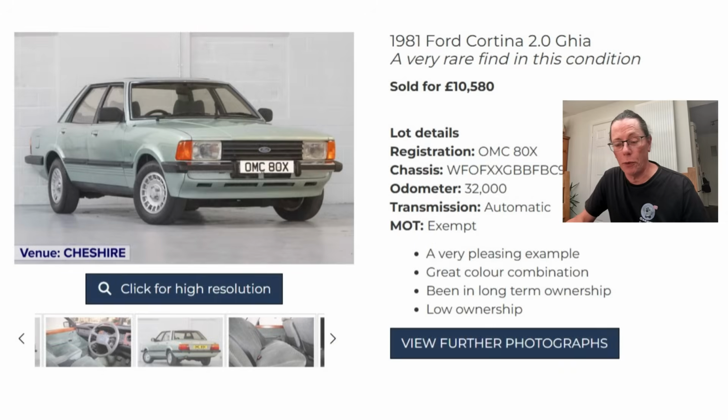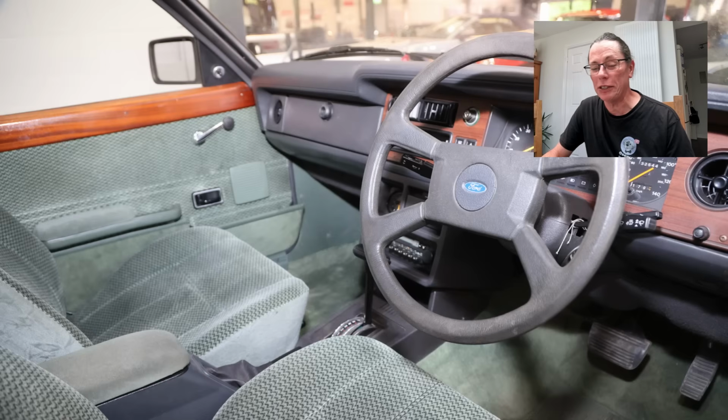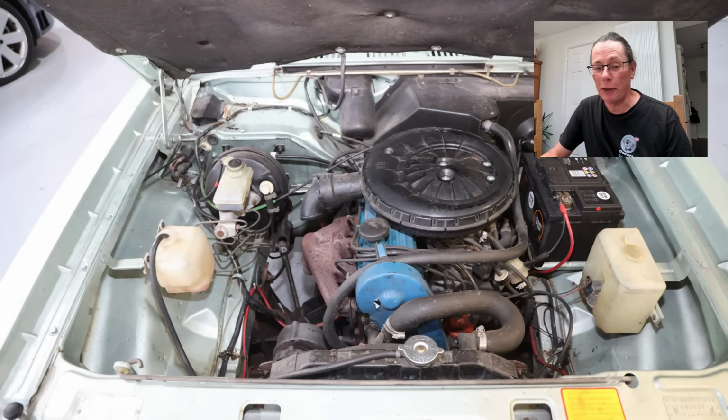So lot 294, familiar car to a lot of people, 1981 Ford Cortina 2-litre Ghia. This looked a really nice car. Apparently the paintwork wasn't perfect, but it wasn't far off. It's had relatively low ownership for its age, 6 owners, and showing 32,000 miles. The only thing was, there didn't seem to be a massive amount of history to back that up. The interior was in good condition, had a very small amount of wear apparently, but I think went for strong money,